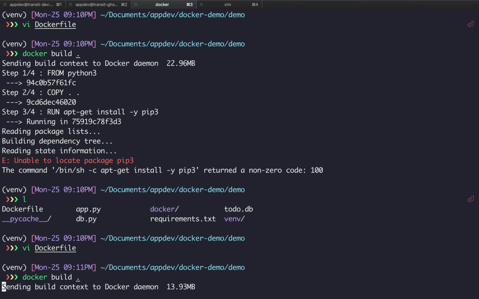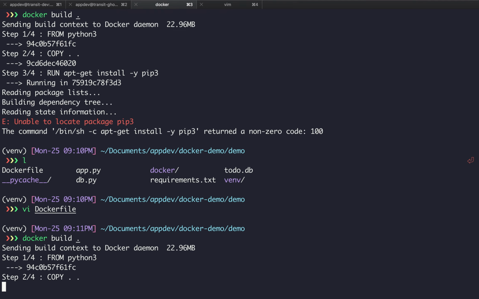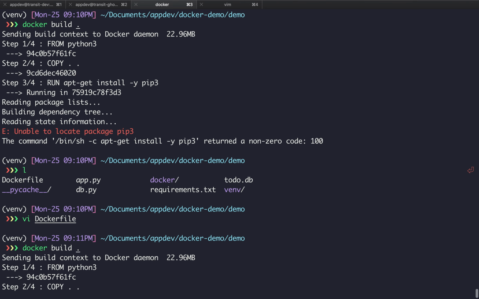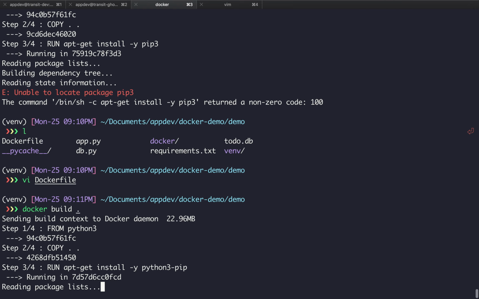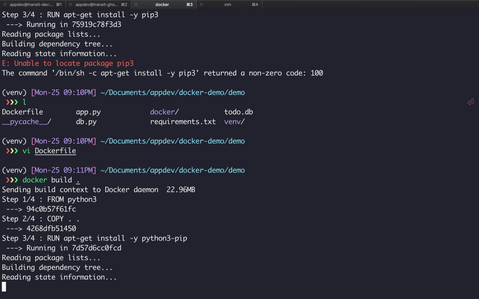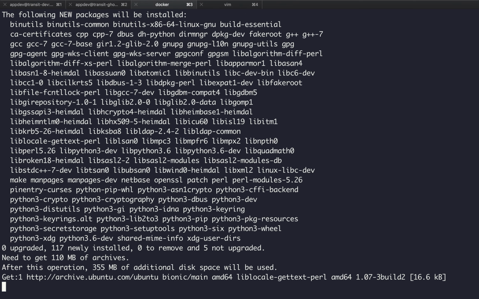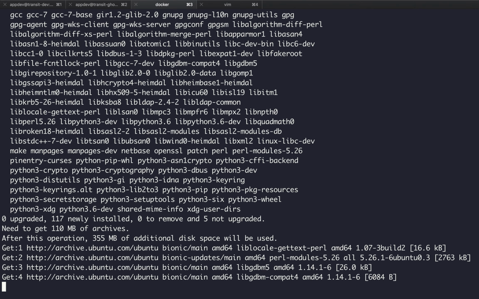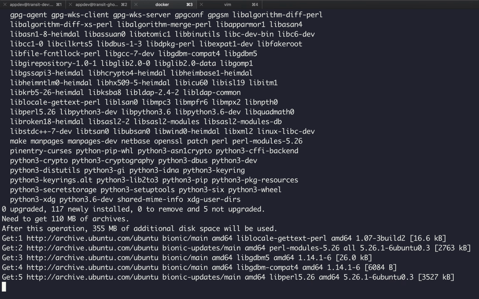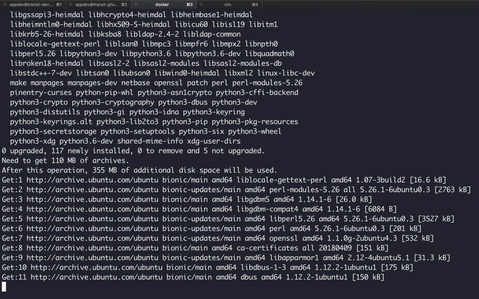It's gonna work. Oh, okay, one of the other things to note. This is more things that you want to avoid. If you see, this build context that we're sending to the Docker daemon is huge. Basically that's because we're putting in our venv folder and our pycache folder. We really want to avoid that, and I'll talk about how to not send all those files right after this hopefully finishes running.